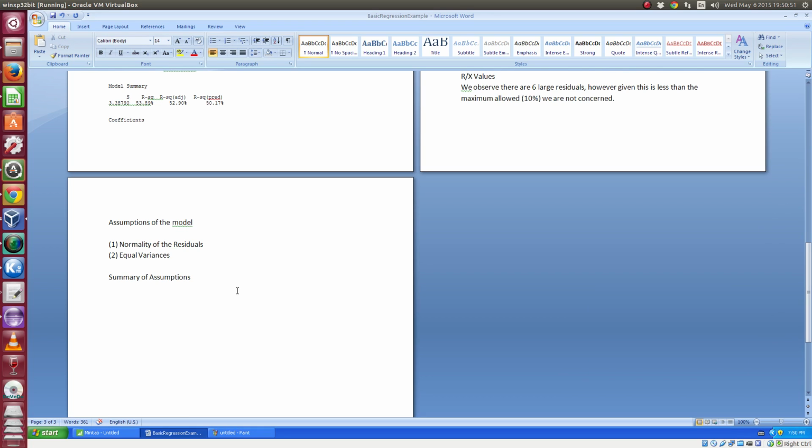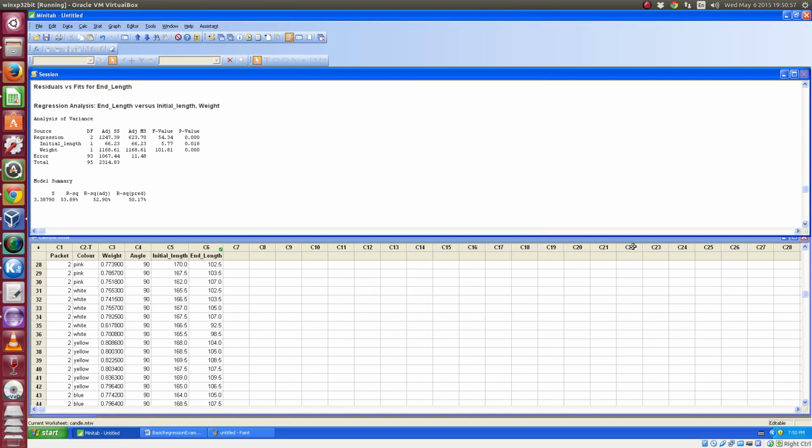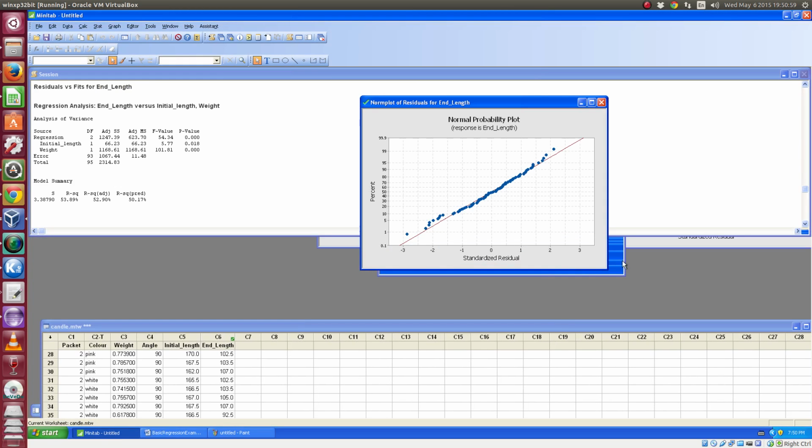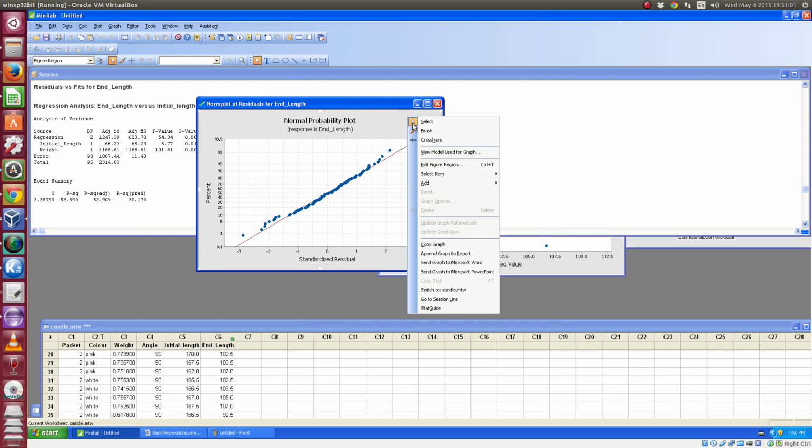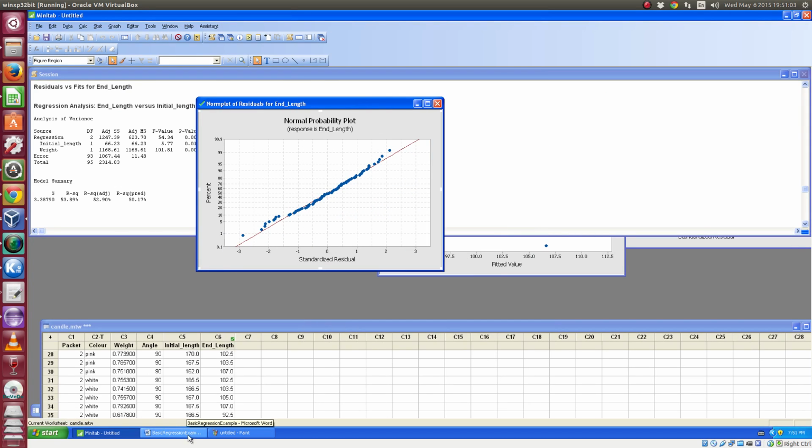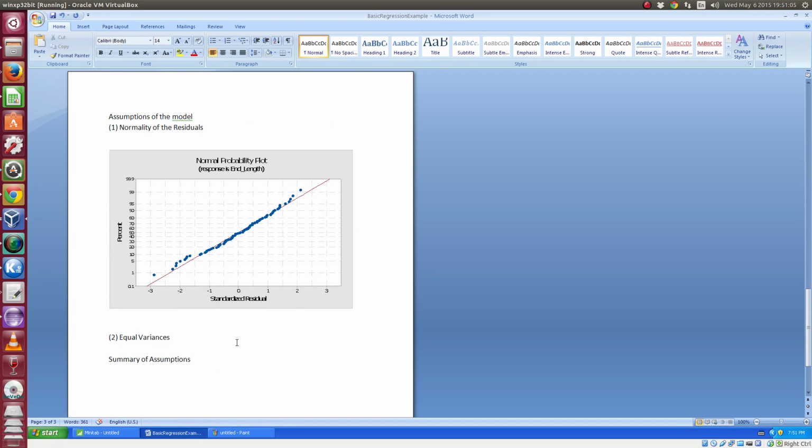Now, in terms of the assumptions of the model, we need to have normality of the residuals. This is exactly the same as what we have for the one-way ANOVA and the two-way ANOVA. So I'm just going to move that down, and this is the plot we're looking to get. We right-click, send the graph to Microsoft Word, and we see here the normality of the residuals. The straight line is the idea of a perfectly normally distributed set of residuals, and these dot points refer to what actually exists within the data. So the closer these points are to the line, the better. So again, here we